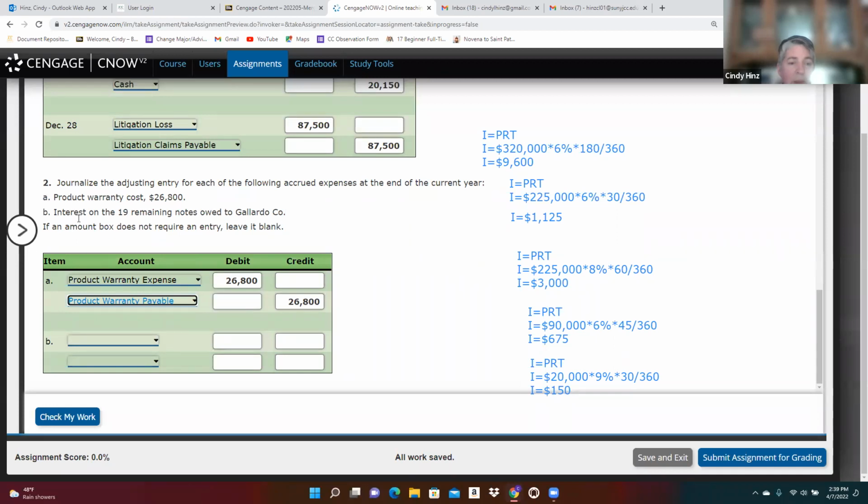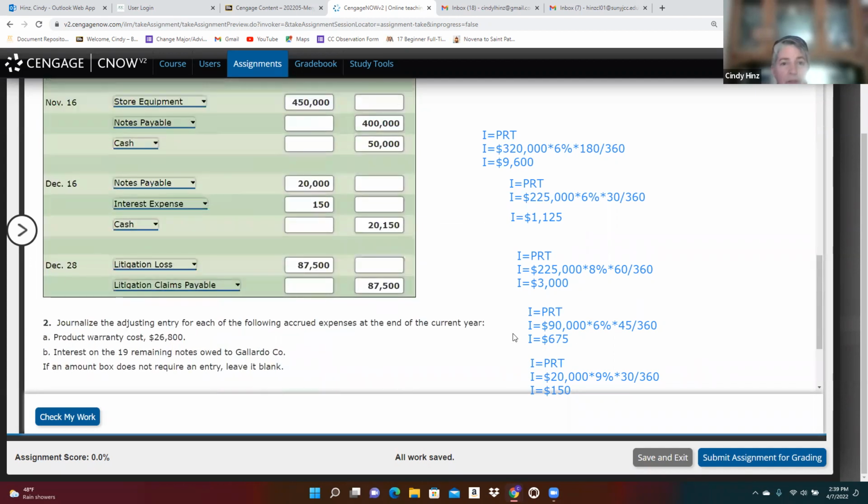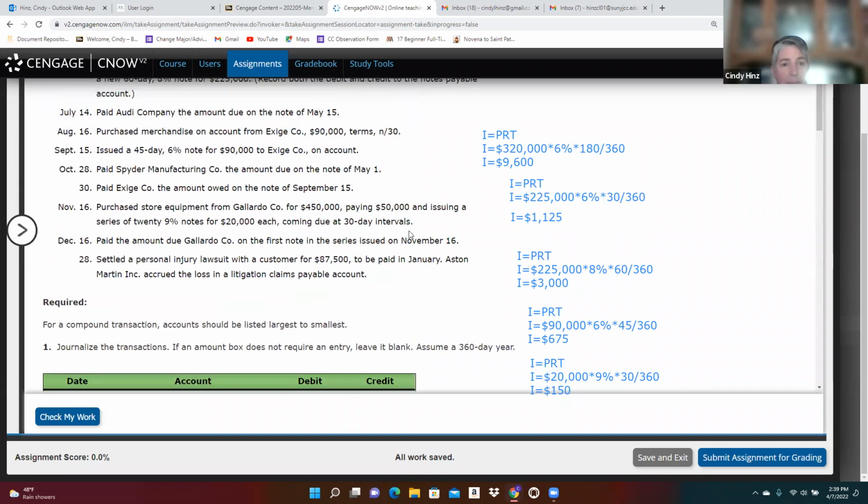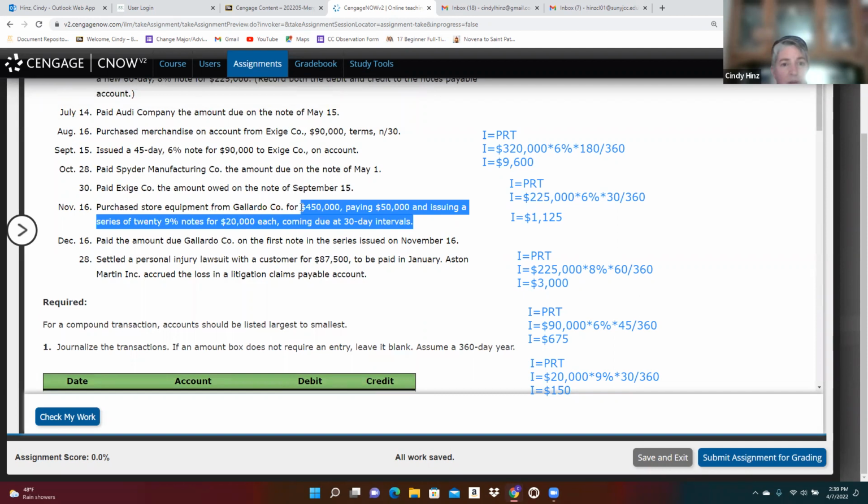And then letter B, we need to report the interest on the 19 remaining notes owed to Gallardo Company. So let's go back up here and look at the details of that. Okay, so here's